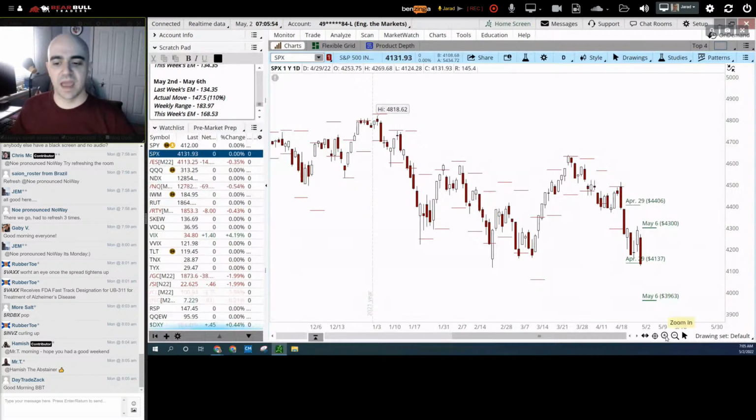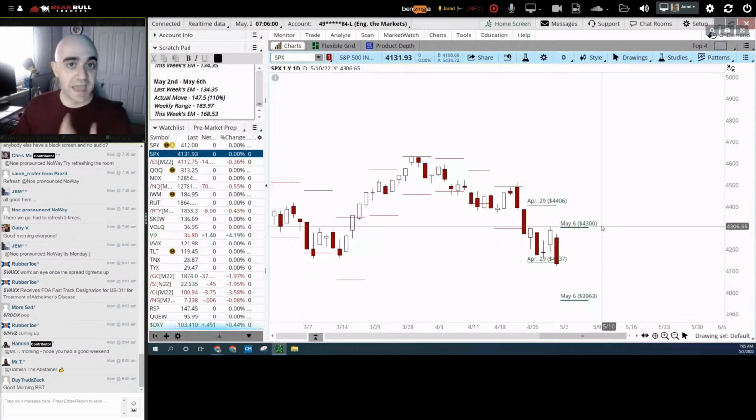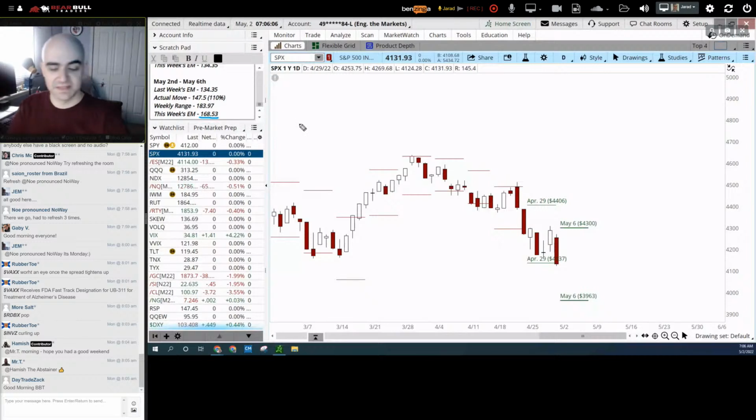So for the week ahead, now that we're looking into what this week is pricing, it's important to look at the expected move as it is. For one, we do have an expanded expected move. The volatility has continued to rise. We are in backwardation in regards to the VIX futures. And for the S&P, this market is pricing about a 168 point expected move. Now, a topside test of that expected move puts us right at 4,300. So what it does from a technical sense is it starts to put some pressure on last week's bears.